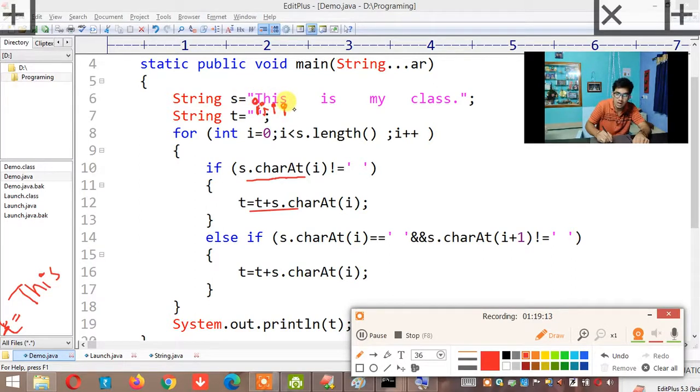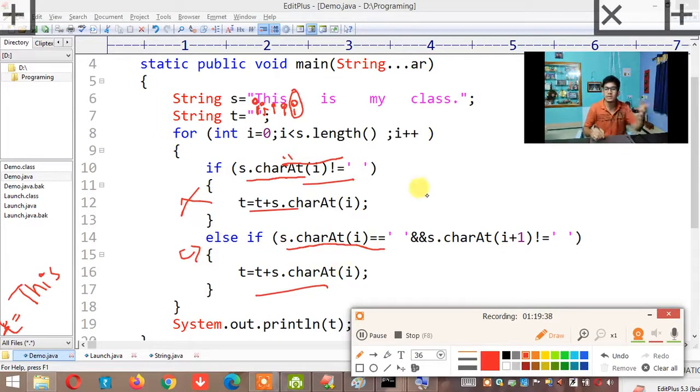Now understand here, when i comes here, what is S dot character of i? Space. Don't think space is equal to space, but they are asking space is not equal to space. The condition is false. If this if condition is false, it will check the else if condition. Okay, what it is asking is the ith character equal to space. Yes, our ith character is equal to space, but it needs one more condition to be true so that it can add it to the string T. What condition? It is asking, okay, this character can be space, but the next character should not be equal to space. Okay, it is telling this is the last chance. You can be space, but the next character can't be space. So only one space has to be there.